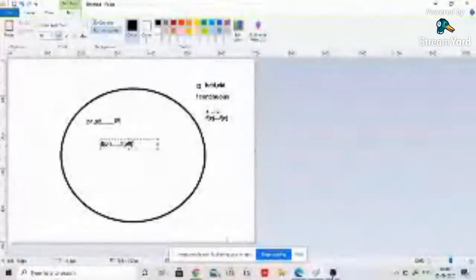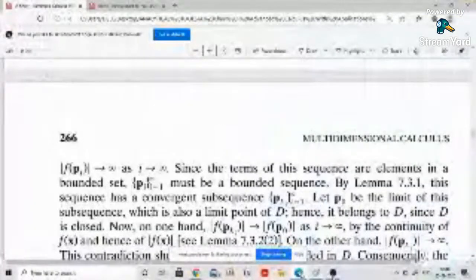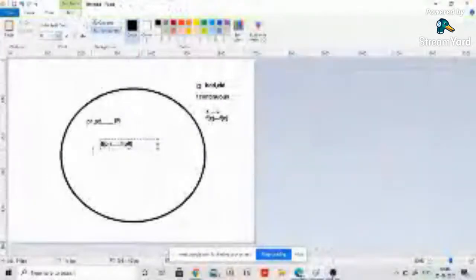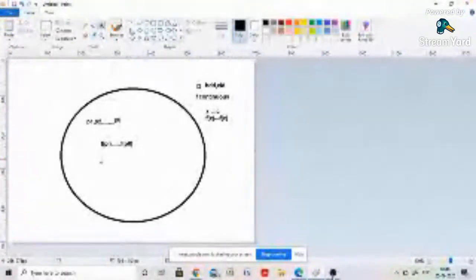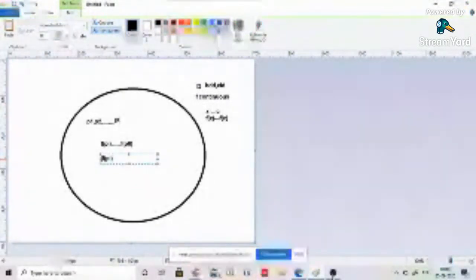So we should have f of Pi goes to f of P naught. In particular, the modulus of f of Pi, since it is a continuous function, so in particular, modulus of f of Pi goes to